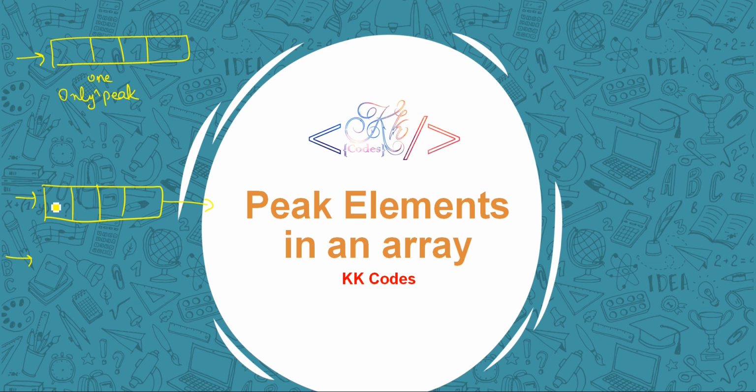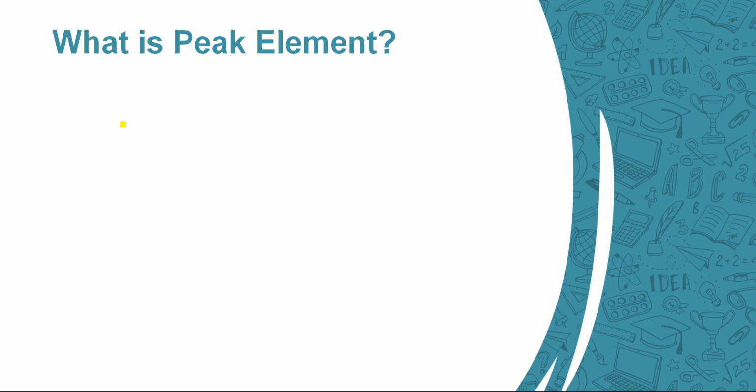So let's say there are 2 or 3 elements which are peak elements. What peak elements are, we are going to cover next, but let me first try to understand the question. In most questions you need to print only one peak element from the given array, but in this question we are going to print all the peak elements. So the first question that arises is, what is a peak element?